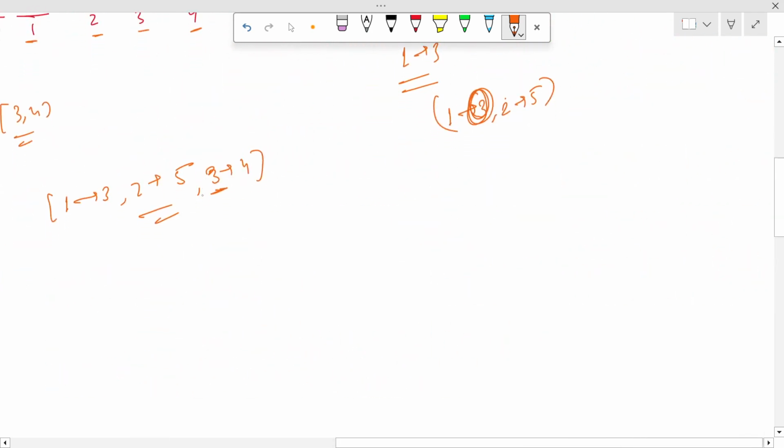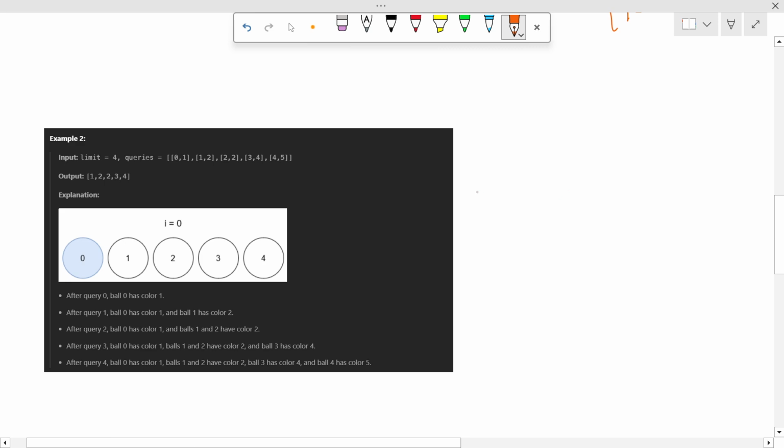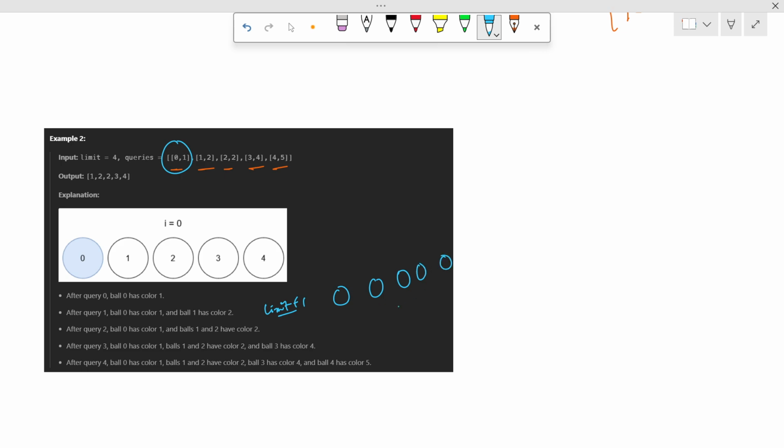Now let's look at example 2, so that you can understand it better. And here we have 0 1 1 2 2 2 3 4 and 4 5. Okay, and for this 0 1 we have limit plus 1, so that 1 2 3 4 and 5. Okay, and 0 to 1 we have to assign 1, and now 1 to 2 we have assigned with 2,